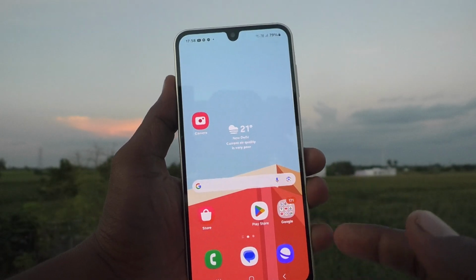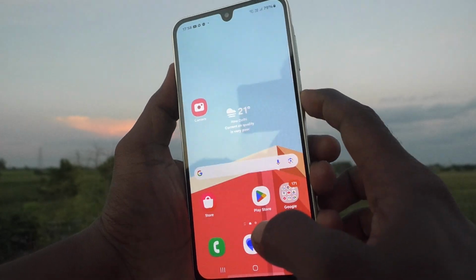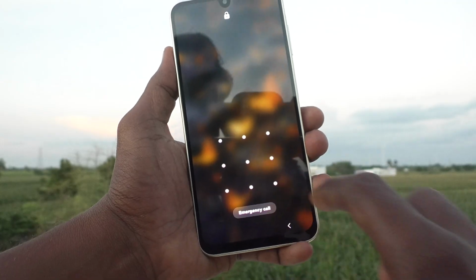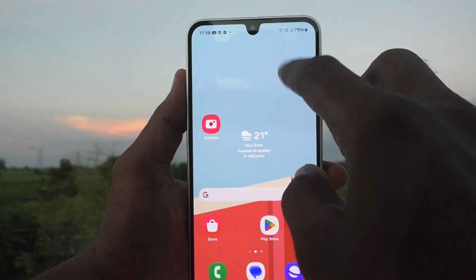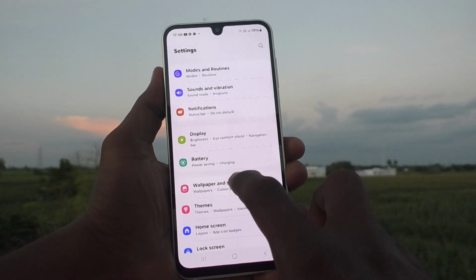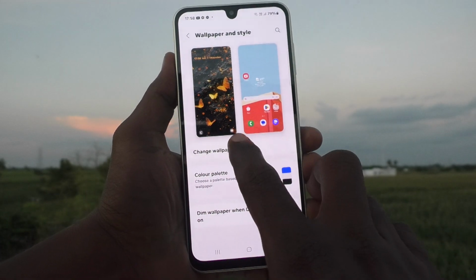See the changes. Home screen wallpaper has been changed, but lock screen wallpaper is unchanged because I did not select that one. Okay, again I go to the settings, then I go to wallpaper and style and click on change